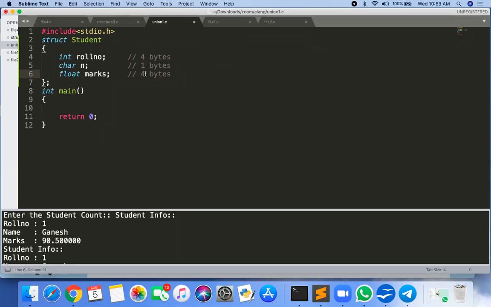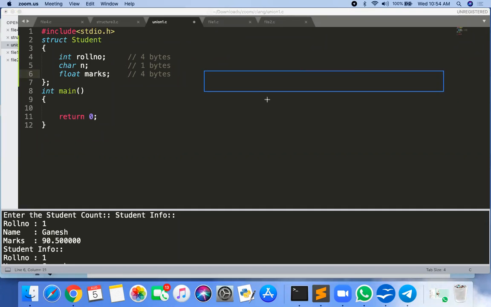Okay, now how does it get stored into the memory? If you create the object of student, then tell me, the first 4 bytes are roll number, 1 byte is n, and the last 4 bytes are your marks.